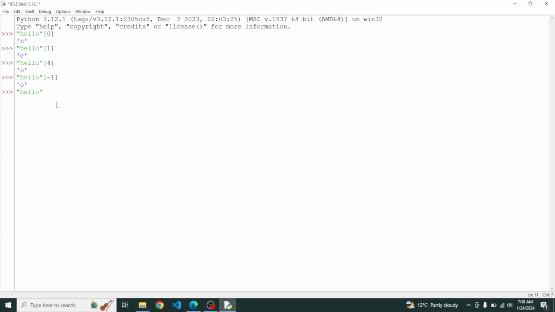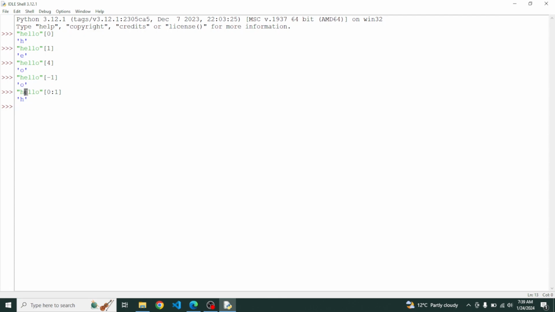Now, when your goal is to select more than one element, you have to provide it 2 index values instead of 1. So you have to give it the start index, then you add a colon, and then you have to give it the end index. So 2 index. Now in this case, our goal is to select the H and E. Now H is at 0 index, so for the start, I will write 0. Now what should I write for the end? The index of E is 1, 0, 1. But if I write a 1 here and hit enter,